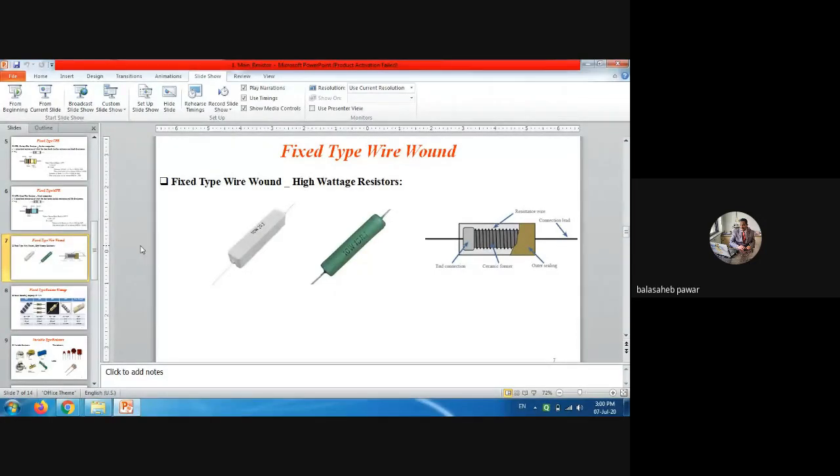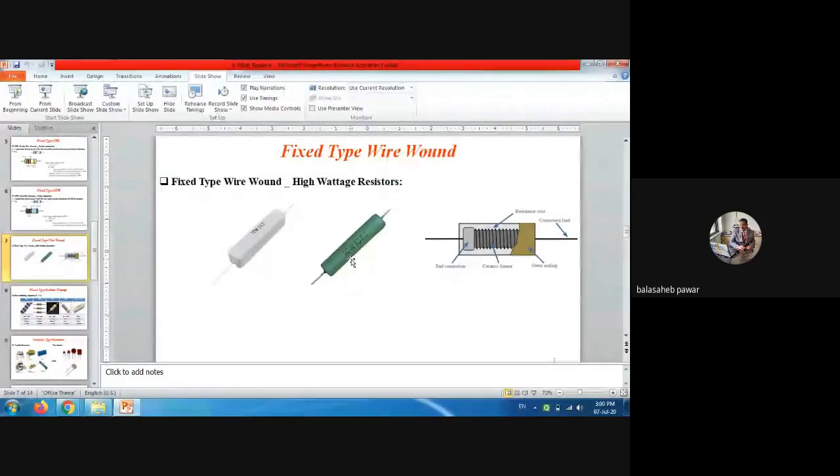So just imagine a 10 watt resistor, and whatever resistor you handle, suppose it is a 10 ohm resistor, CFR and quarter watt. It will be very small in size as compared to this one, right? But the power handling capacity of that resistor is only 250 milliwatt. That's why we are saying it is of quarter watt, and here it is of 10 watt. So 10 watt and 250 milliwatt. A large difference is there.